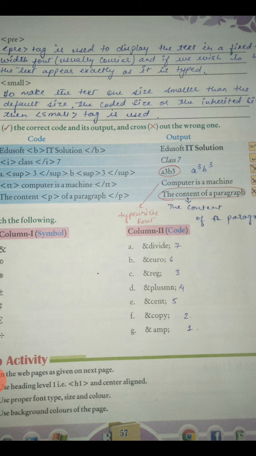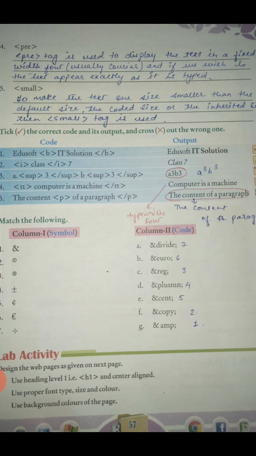But the second most important motive of using the pre tag is that the content that you type in HTML will be displayed as it is. Meaning while writing the code, if you have given some space or used the enter key, then the content will be displayed as it is. As we all know, generally HTML does not consider the space provided by the enter key, but using the pre tag we can display that also.